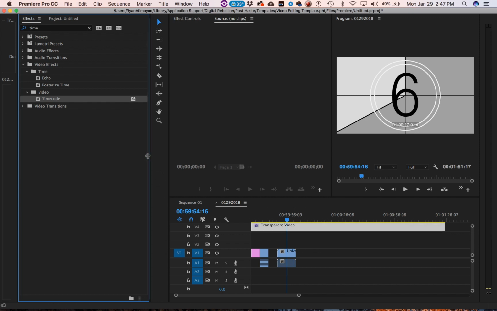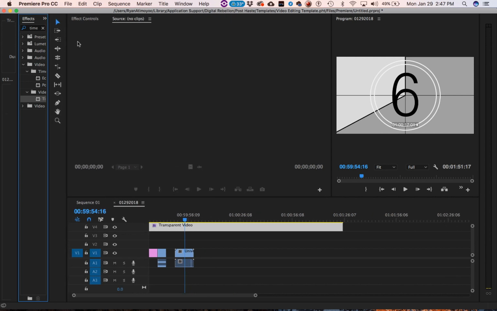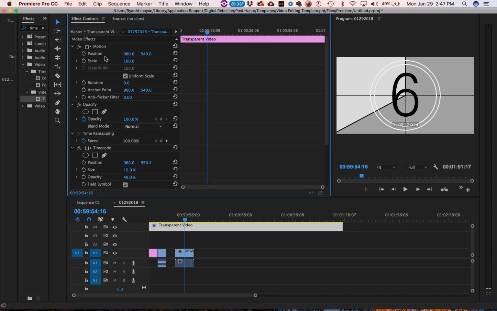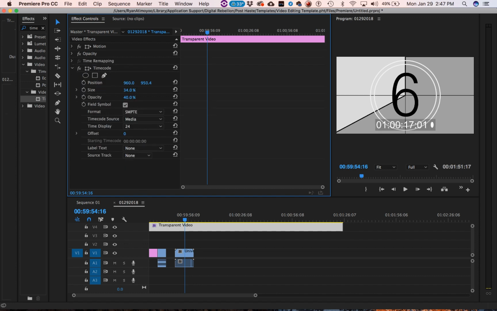Now, we're not done yet. There's still some tweaking to do, but you can see that it exists. Okay, so now with my clip selected and highlighted, I go to Effect Controls. I'll toggle up these so it's clearer viewing. Here's our timecode effect. I'll make the size a little bigger so it's very legible. Bear in mind that if you have subtitles, sometimes you might want to move the timecode to the upper right. In this case, I'm just going to keep it centered and at the bottom,